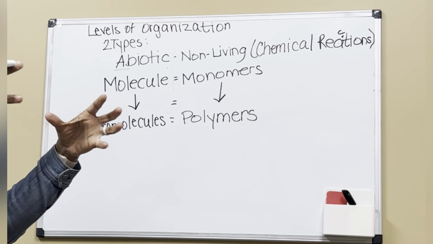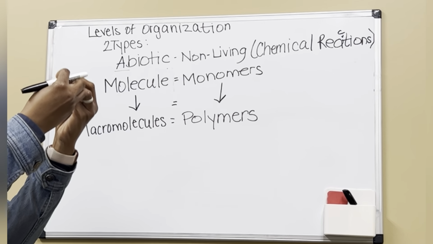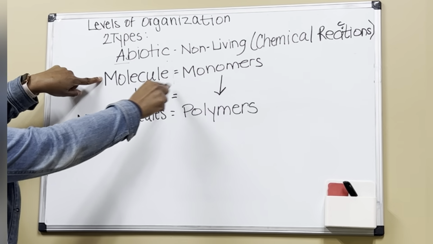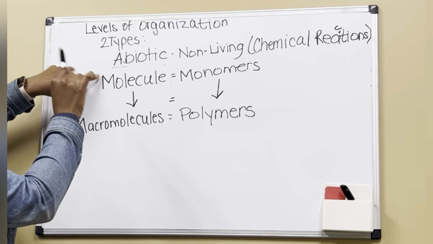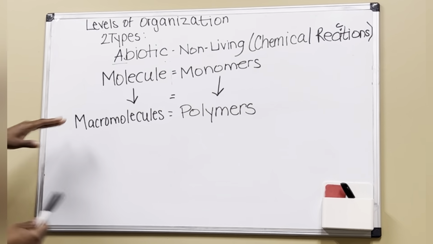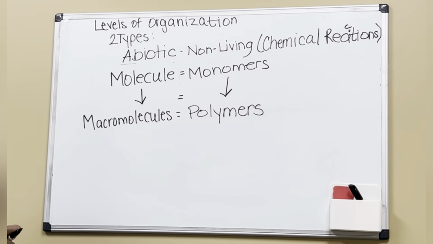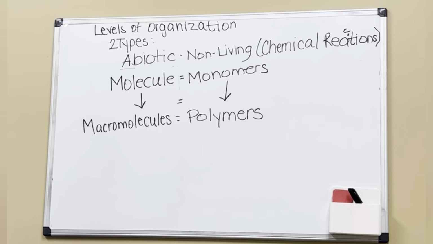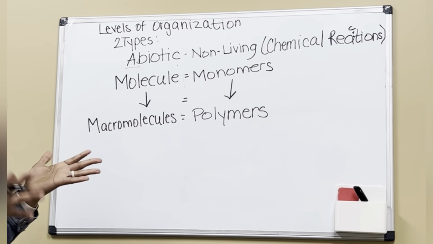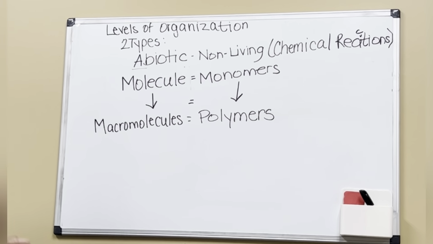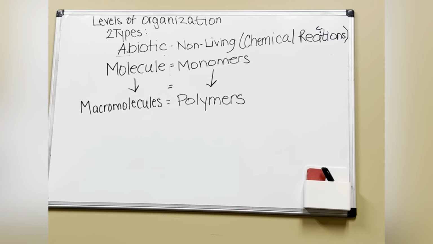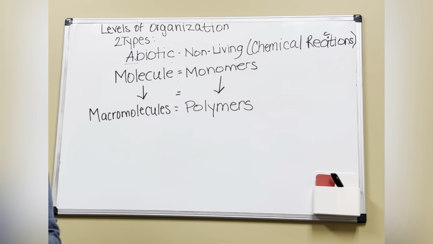I see. Because the 2 amino acids are coming together to build on each other to become a protein, just like the 2 molecules, which are monomers. Not all molecules are monomers, but 2 or more molecules can become bigger molecules or macromolecules. And macromolecules can also be considered polymers, just like a molecule can be considered a monomer. It just depends on what the particular thing is. So proteins, carbohydrates, and triglycerides are also macromolecules,